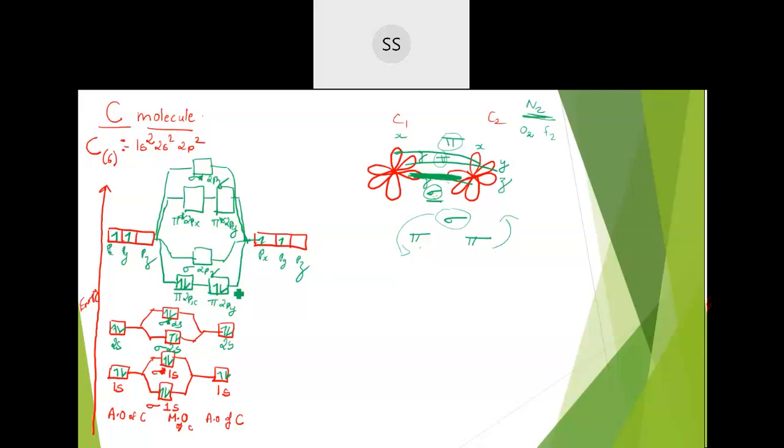Okay, since both of them have the same energy and 2 orbitals are available, one will have 1 electron initially and the next one will have 1 more electron. Again, this is according to Hund's rule. And I've told you MOT also should be filled according to Hund's rule. So here pi 2px will have 1 first, and then pi 2py will have 1 first. And then once you have made them single, then you can start putting the paired electrons. Okay, if more electrons are available in that case, first you will make them occupy singly, then you will start pairing them. Okay, so this is the MOT structure we are getting for the carbon molecule.